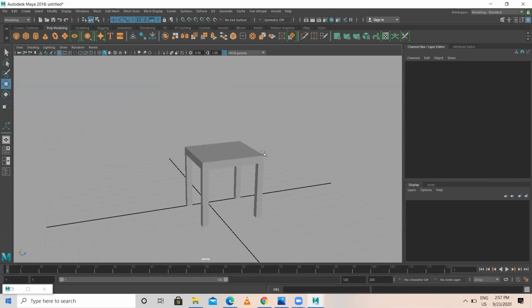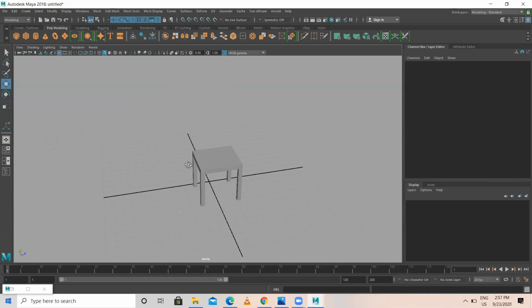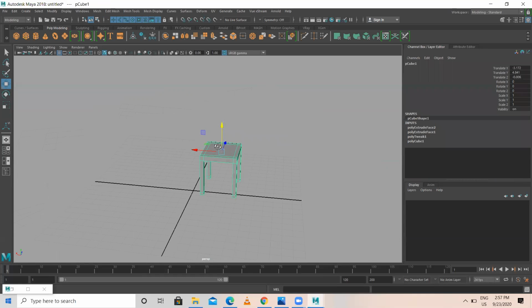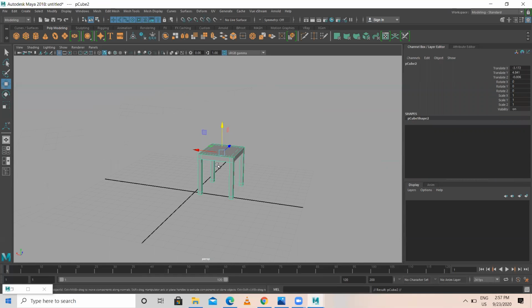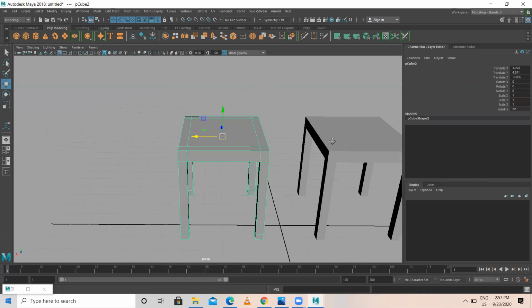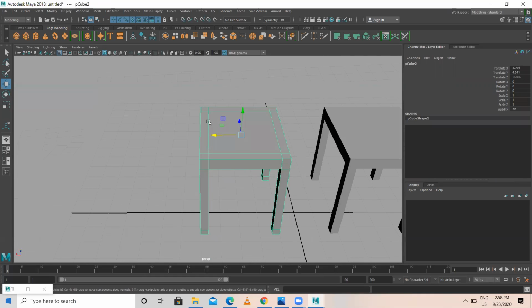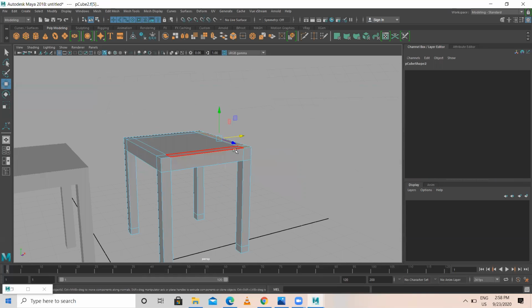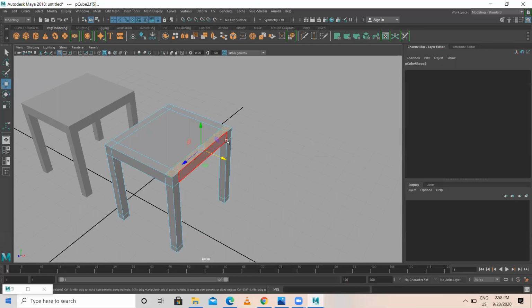So now we'll go for the next one. Control D, duplicate. I'm placing it here. Then go to face mode, select this, this, and this. I want to select only this face, 1, 2, 3.